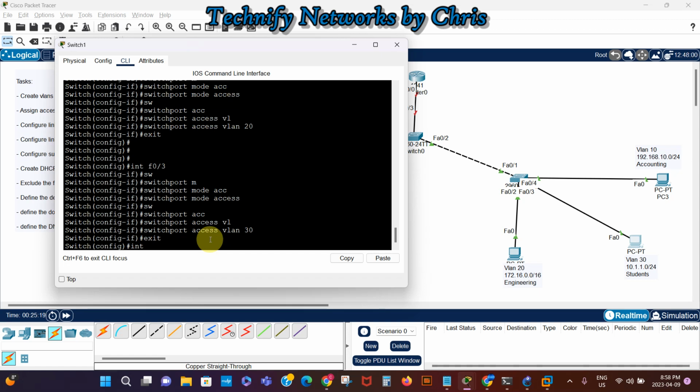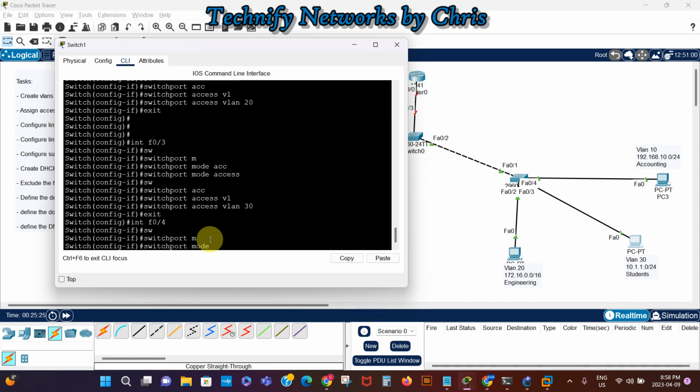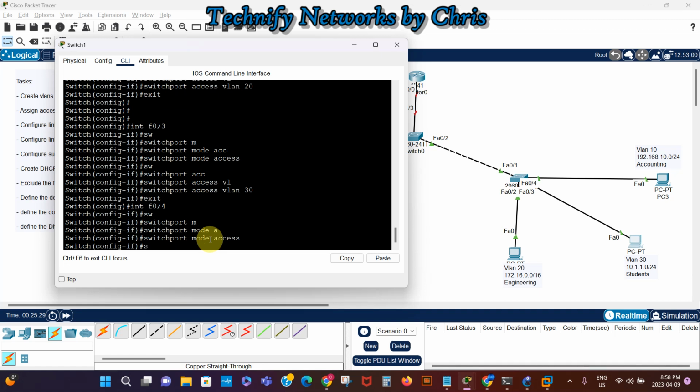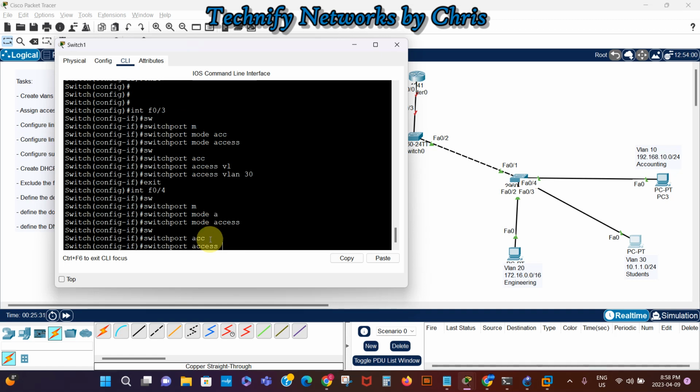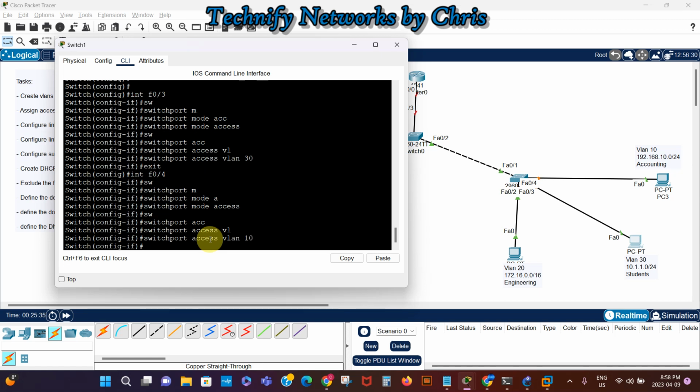So interface FastEthernet 0/4, switchport mode access, switchport access VLAN, that's VLAN 10. So then we need to make that trunk as well, the FastEthernet 0/1. So I'm just gonna say exit,